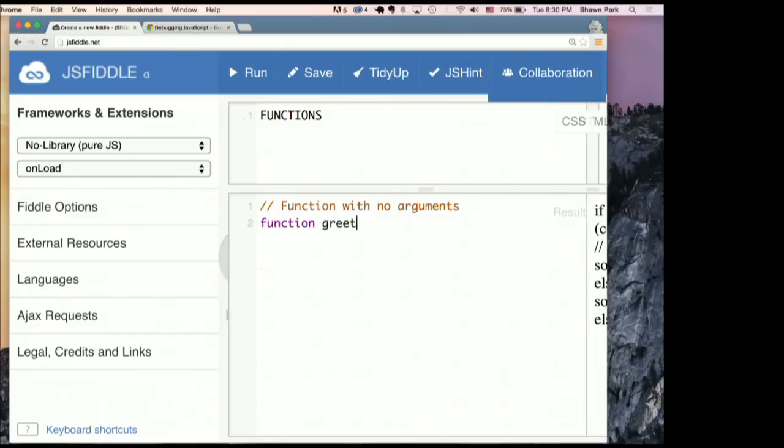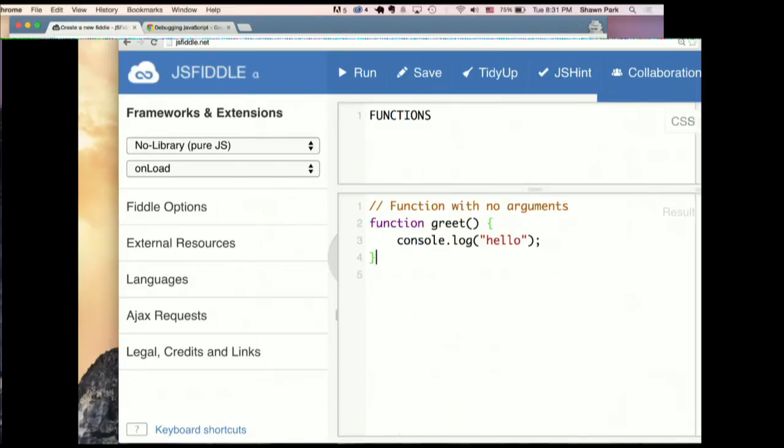Let's call it greet. And then inside we'll just go console.log hello. All right. And then just having this, nothing is going to come up because we didn't actually call the function. We only defined it.